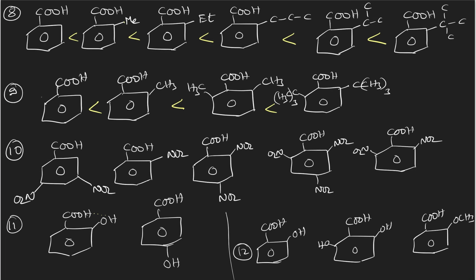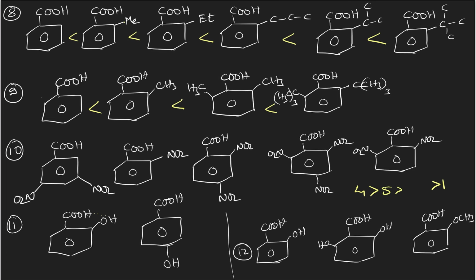So I will take the first one as the least acidic, and then you see the fourth compound is the highest acidic in nature because it has two NO2 groups, and the third NO2 group is also present, that too at a para position. If an electron withdrawing group is present at a suitable position, that is at ortho and para position, then it can show its negative mesomeric effect, and the acidic strength can be increased much higher. As the number of electron withdrawing groups or negative mesomeric effect groups increases, acidic strength also increases. Therefore, the fourth compound is most acidic.